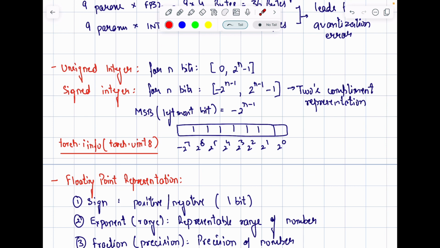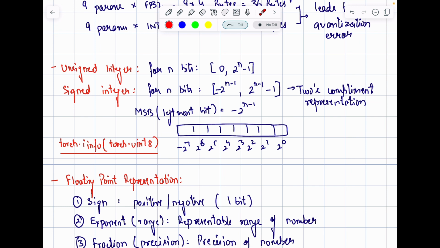If you have 8 bits with you, first bit to 8th bit, then the least significant bit, that is on the rightmost of this particular vector, represents 2 raised to power 0, then 2 raised to power 1, and so on till the last bit, which represents minus 2 raised to power 7, right? Okay,